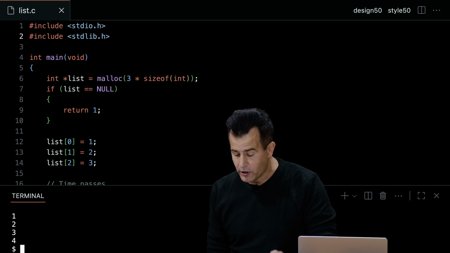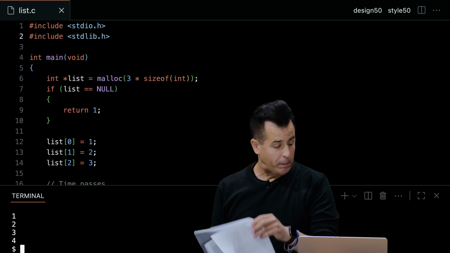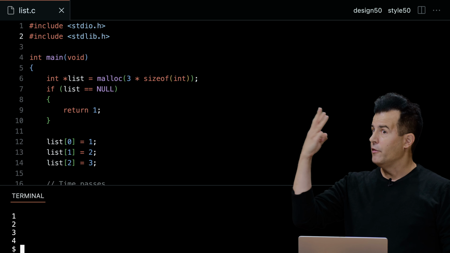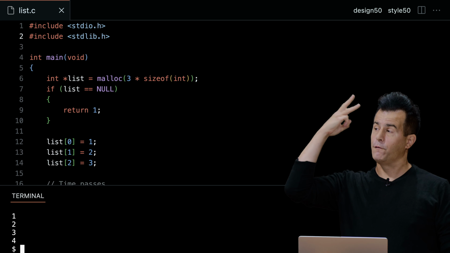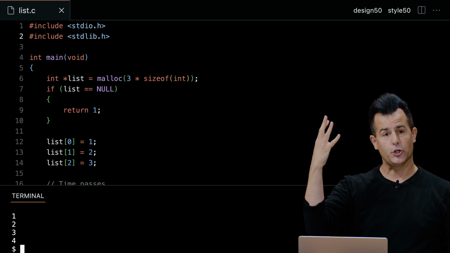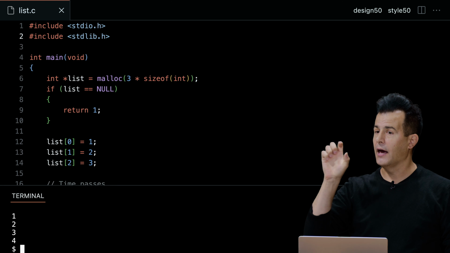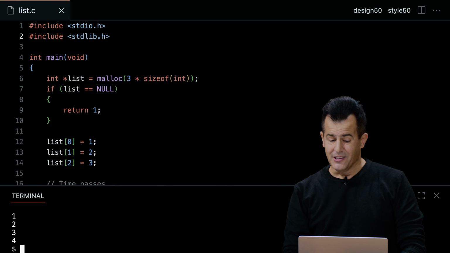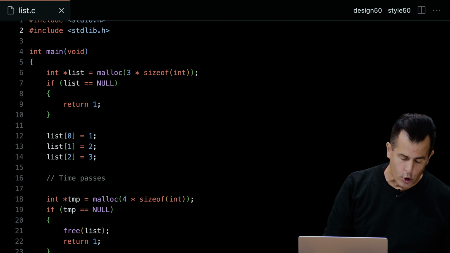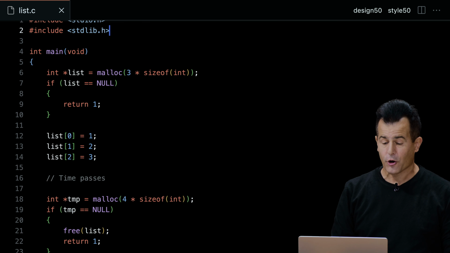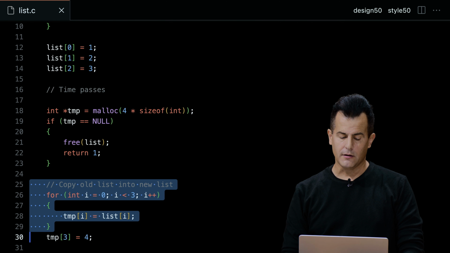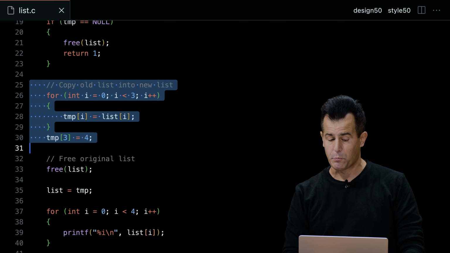OK, so at this point in the story, all we've done is write a dopey little program that allocates memory for 3 integers, 1, 2, and 3, then changes our mind and allocates more memory for 4 integers, freeing the original chunk of memory after copying the first 3 integers into the new memory and adding that 4th value. But this is kind of a lot of hoops to jump through, and let me propose one refinement here. So if back in VS Code, we go back into list.c here, it turns out that at least this loop isn't strictly necessary, not to mention the fact that we already have another loop for just printing the list.